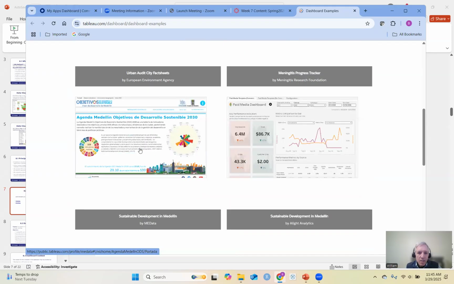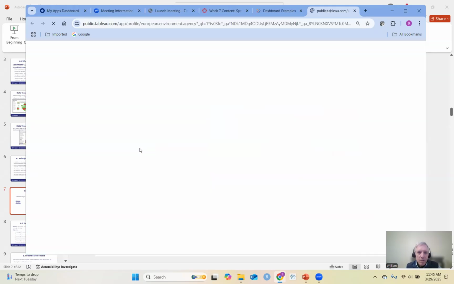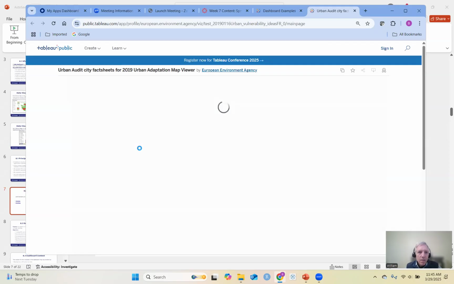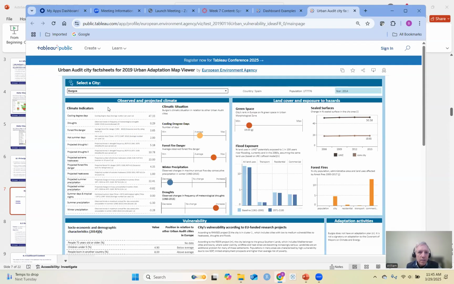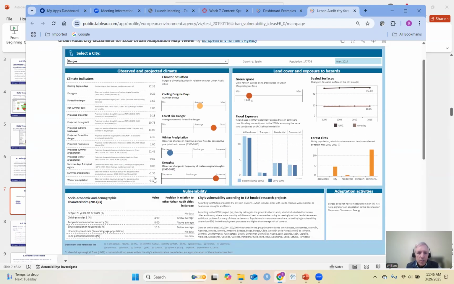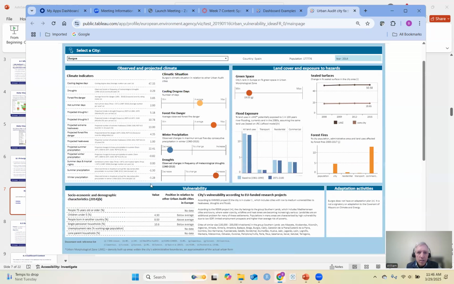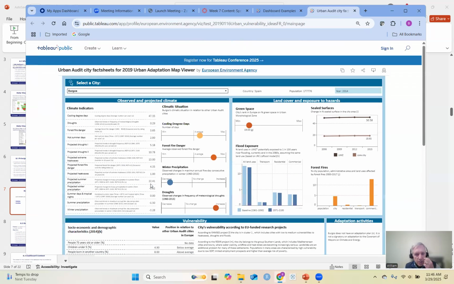Let's go take a look at it, see what it is. This is Urban Audit City Fact Sheets for 2019. Maybe this is way too much information. Maybe this works. Now I'm scrolling, you notice, so that's not a good thing. And in fact, well, I don't have a huge screen here, but I've got a pretty good resolution. Anyway, this is about